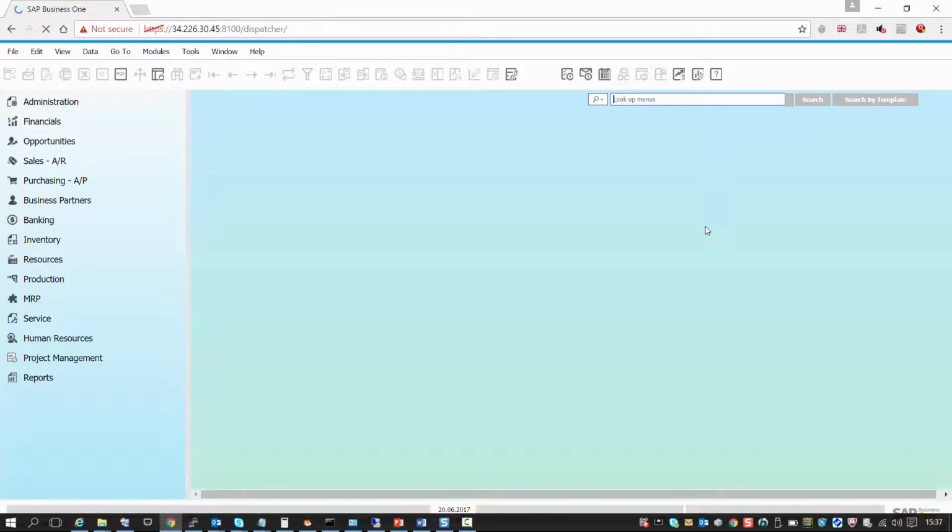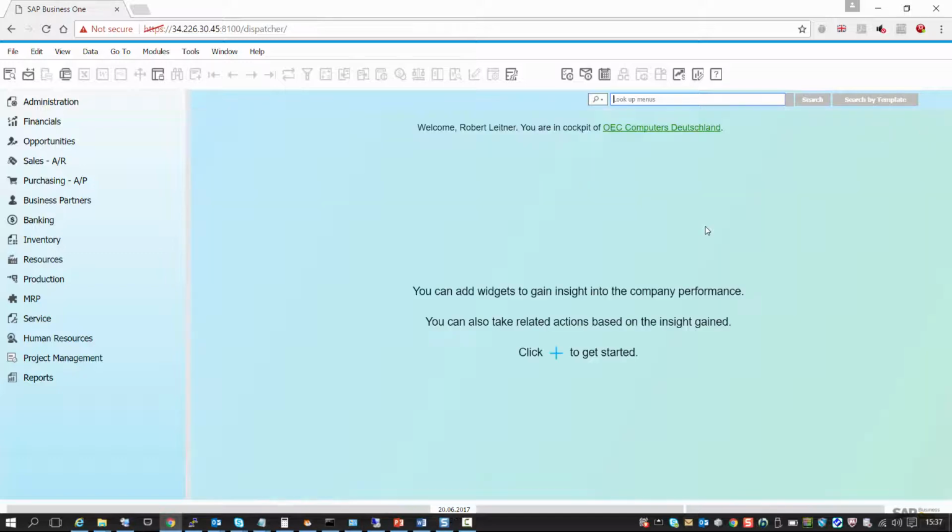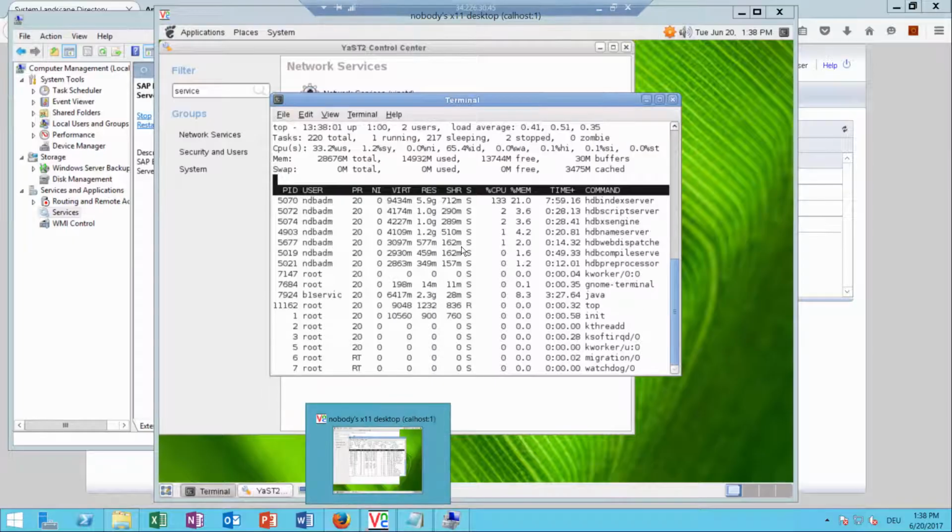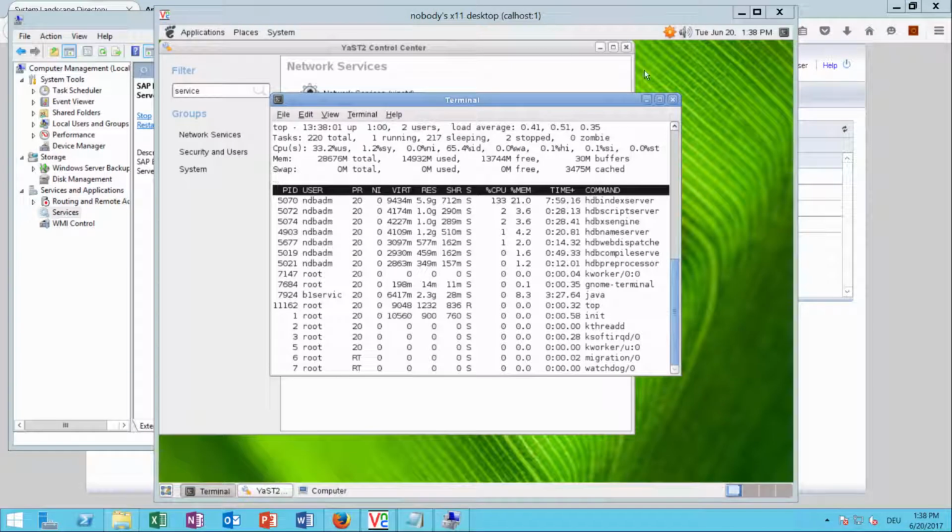So this was part one of the video actually, how to enable the external address mapping for the SAP Business One components. Not only the browser access, but also the analytics service as well as the mobile service, which we will now use. So we can close that and go back to the